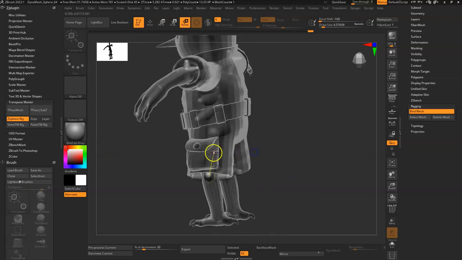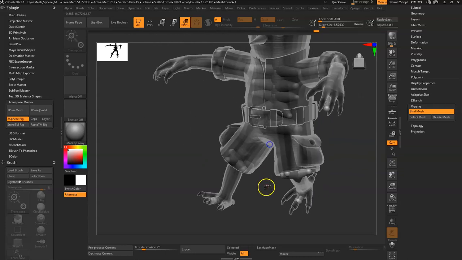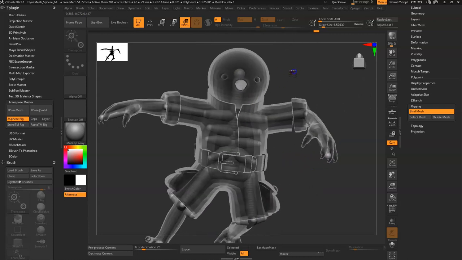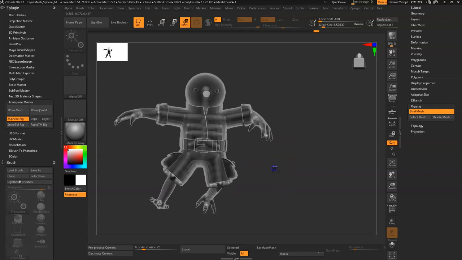Well, that's weird. There. Really beautiful pose. But get that where you need, get the rig as complex as you need, get